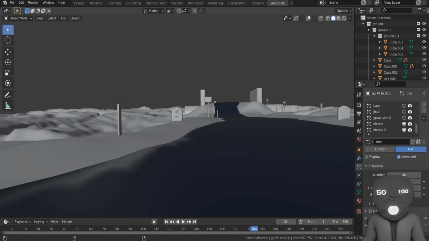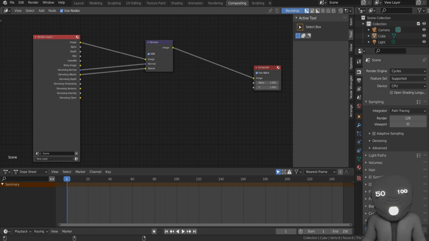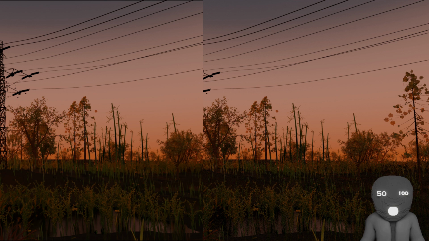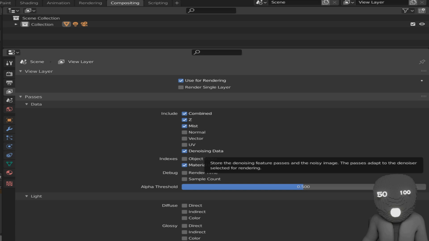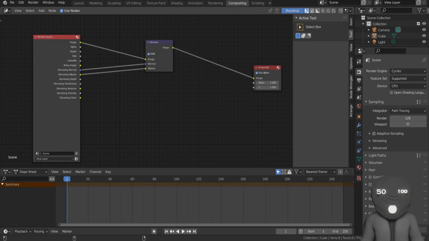Then I went for animation. Before the animation, I used Blender's denoiser node, and this is a very powerful node. It clears the noise from the final render image. It allows me to render at low samples for animation in Cycles. It also creates some patches and flickering on glossy surfaces, but it worked for me. For the denoising node to work properly, we have to enable denoising data from render passes, then connect the albedo and normal values to its node. So I think I demonstrated everything I did in this scene.